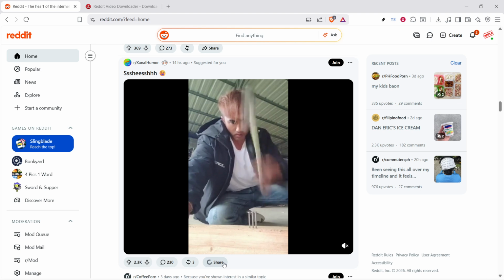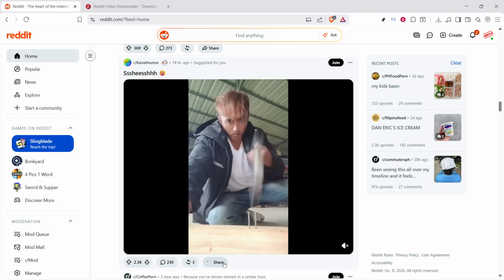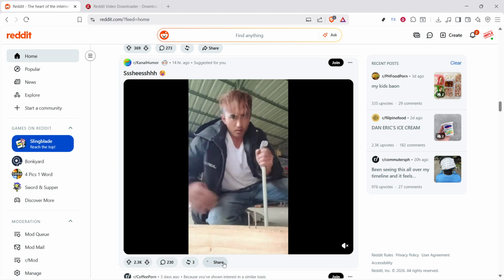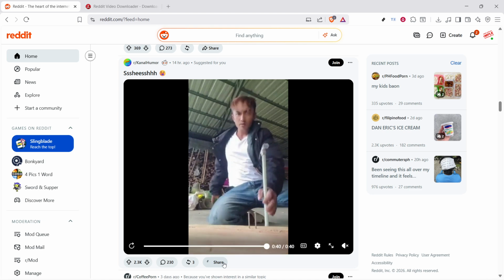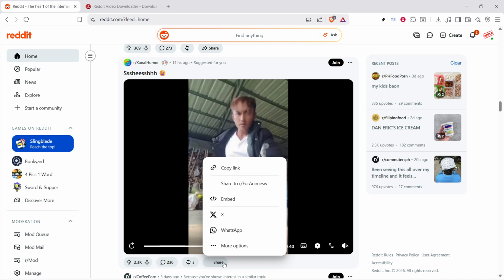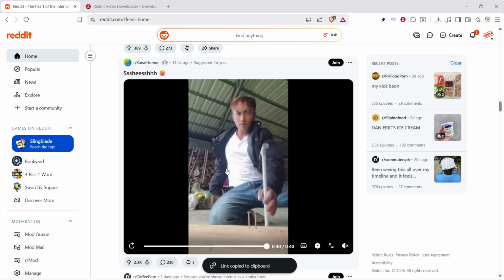Next, click Copy Link. This copies the Reddit post URL to your clipboard so you can paste it somewhere else. After you do this, it's a good idea to double check that you copied the correct link, especially if you had multiple posts open. The downloader will only work properly if the link points to the Reddit video post you want to save. Now go to a Reddit video downloader, open a new browser tab, and navigate to a downloader